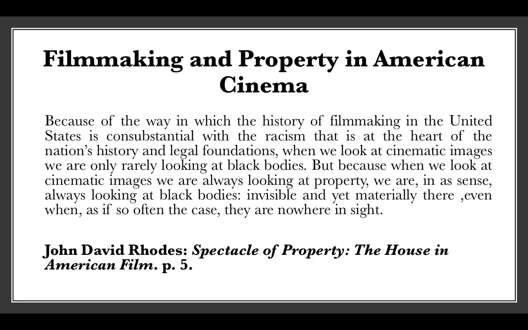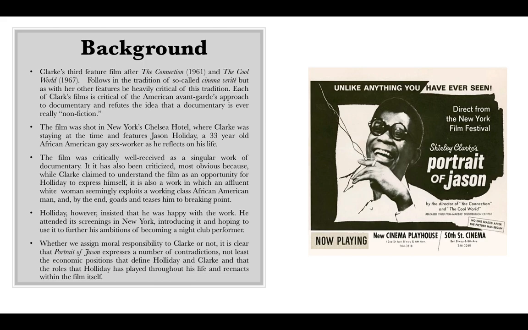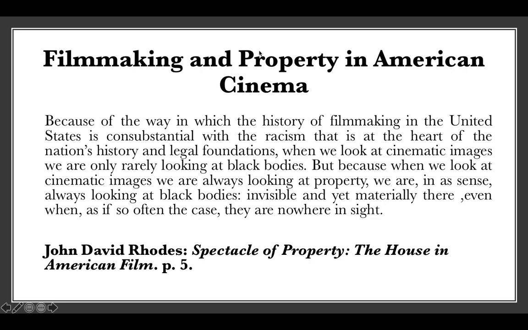So right at the start of the film, or even before we start the film, within the space of the film itself, we have this contradiction between how Holiday is likely to be relating to the space of the hotel and how Clarke is relating to the space of the hotel. And that contradiction is grounded in property, and as Jason tells his story, we'll see the way in which being a black working class queer man without access to property, without owning property,